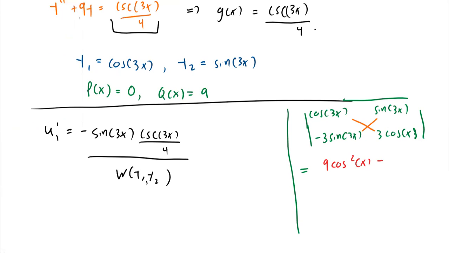I think that's minus sine squared of 3x. And I realized that I forgot to put a 3x inside here. Simplify again. This is 9 times cosine squared 3x. Minus minus is plus, so plus